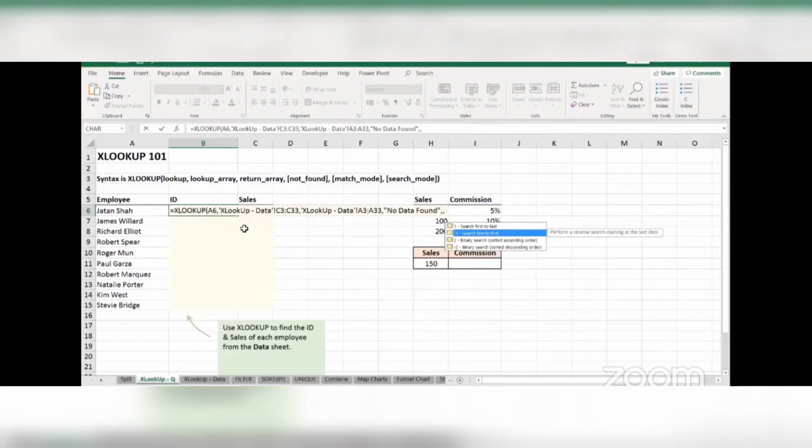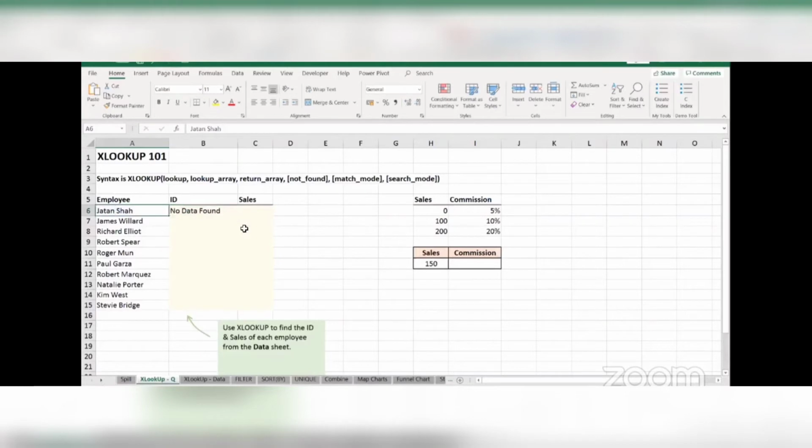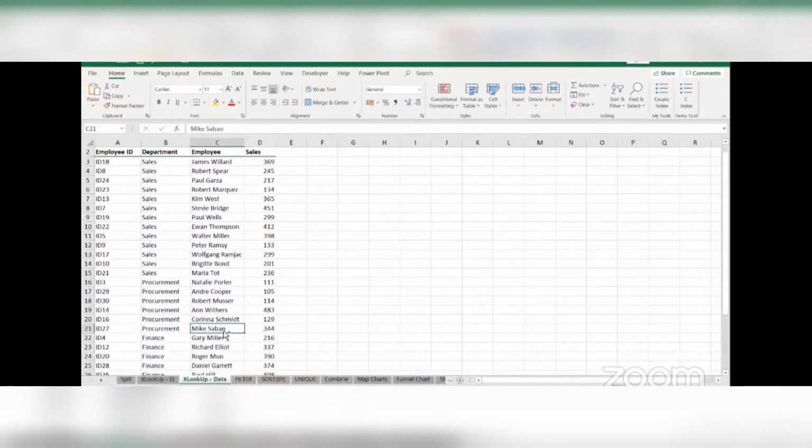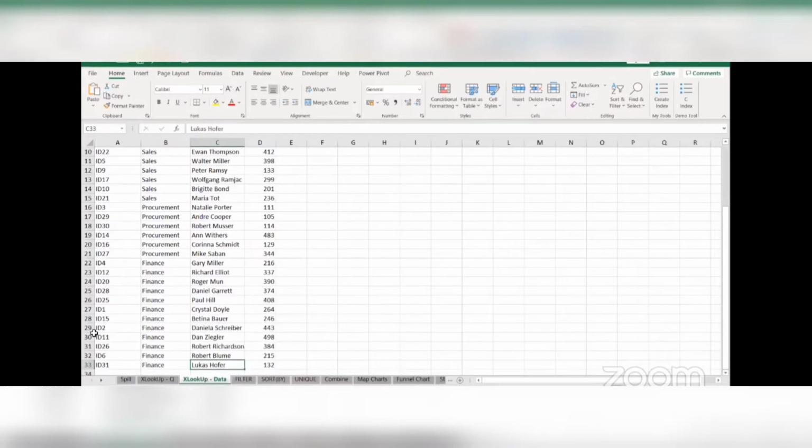All right, so let's have a look at this. I will select first to last, bracket closed, and I will just change this back to Gary Miller, and I get the answer as ID 4. Now let's go back to our data, and let's go to the bottom, and here we have ID 4. Okay, so let's change this person's name to Gary Miller just to see what happens. Okay, so here we have Gary Miller. Let's go back to our formula.